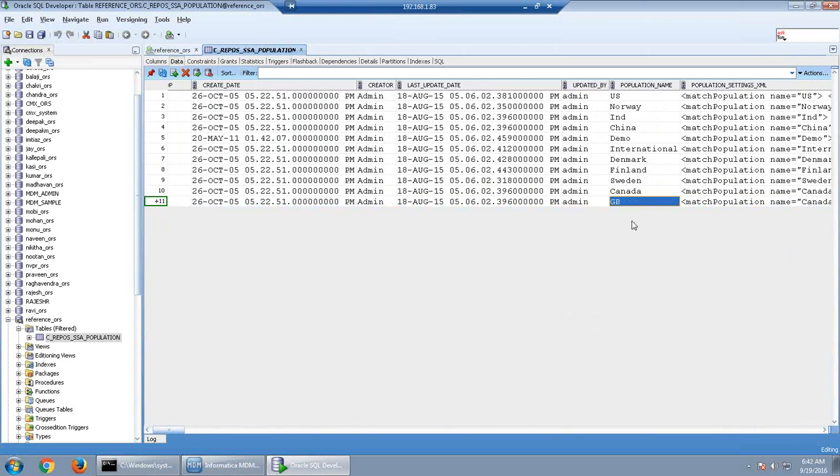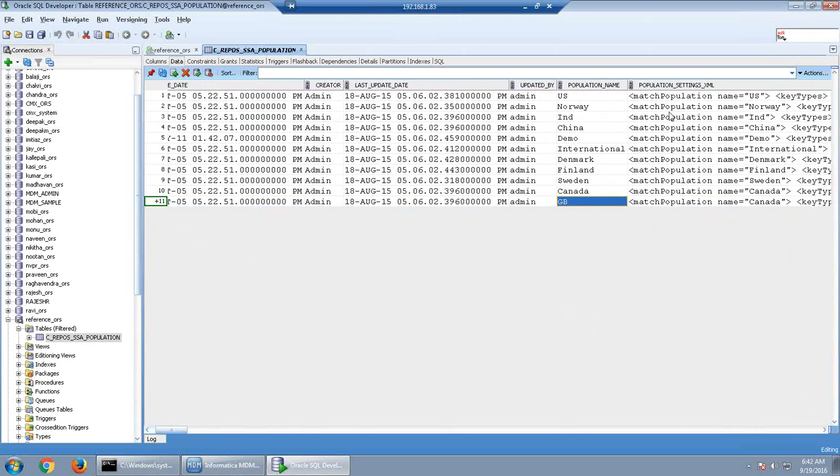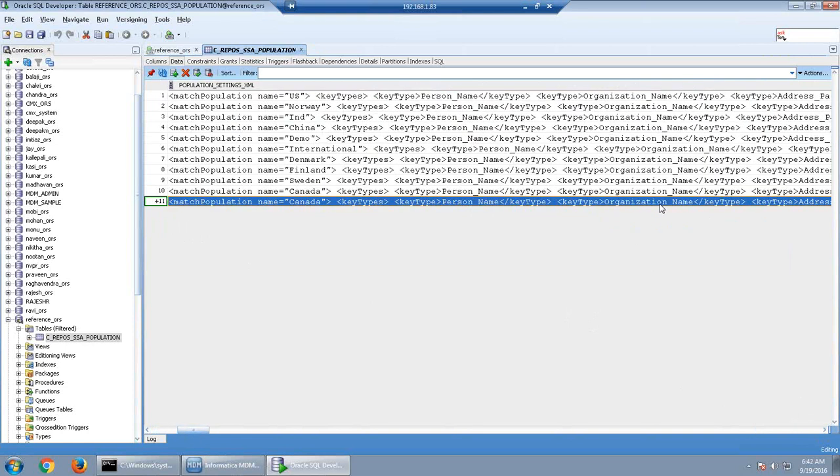So in the population name I will put GB here, and one more change is required in the population setting XML column. In the population setting XML, at the start you can see population name equals the name of the population. So I need to edit this column and replace Canada with GB.